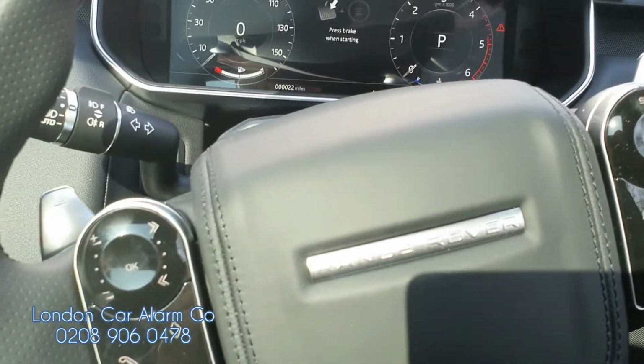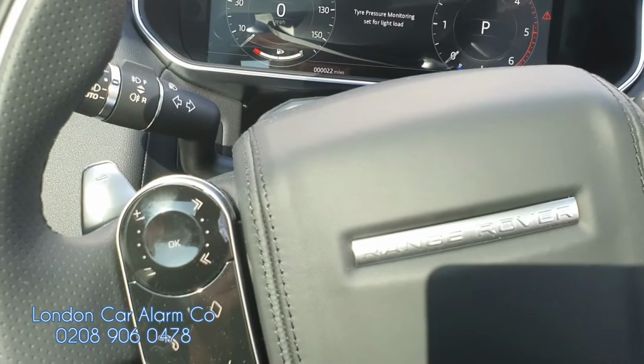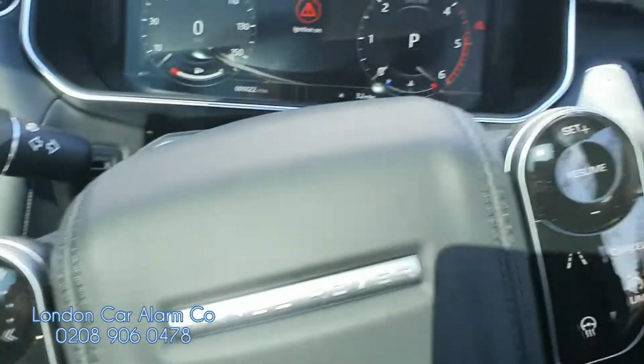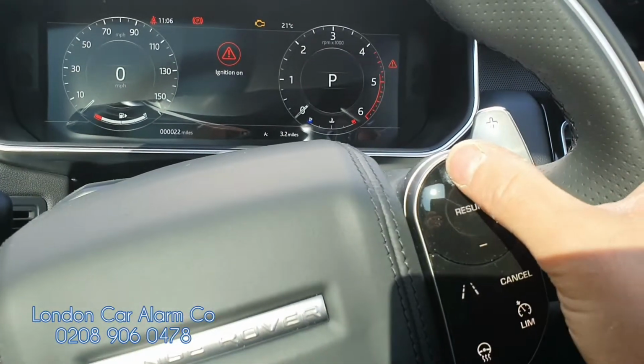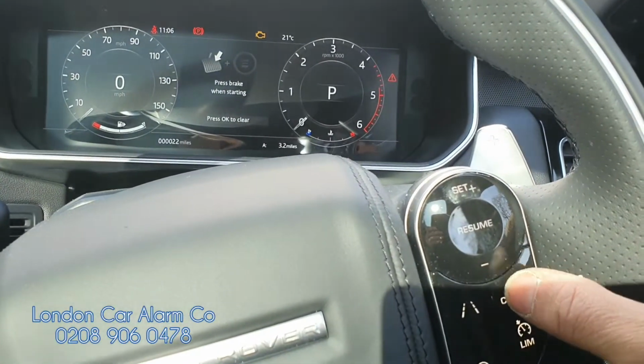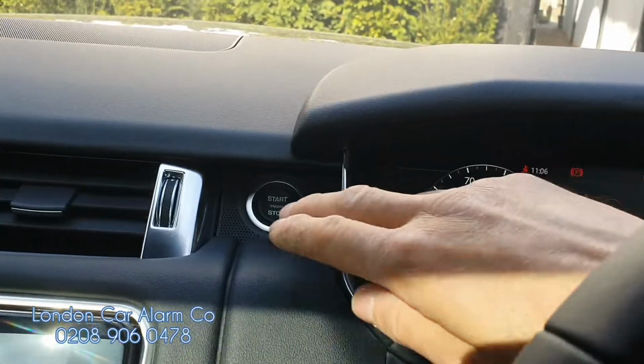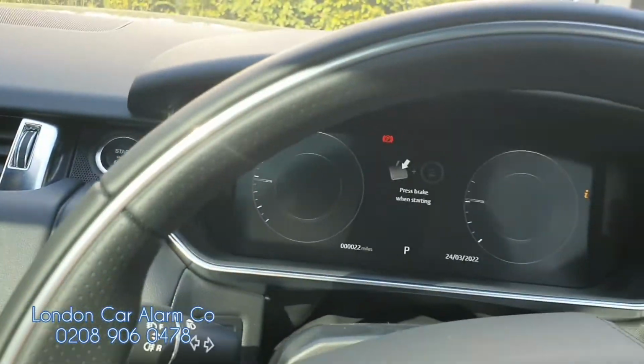So basically the buttons that work on this vehicle I already know. So when I touch them, if they give me a bleep, means I can use them. So yes, yes, that one, that one, that one, that one, and these 3. So 1, 2, 3. Okay, so I'm going to turn the ignition off and I'll start all over again, but